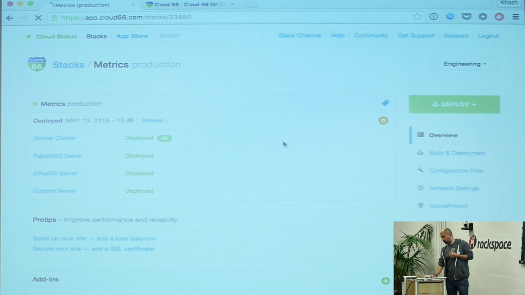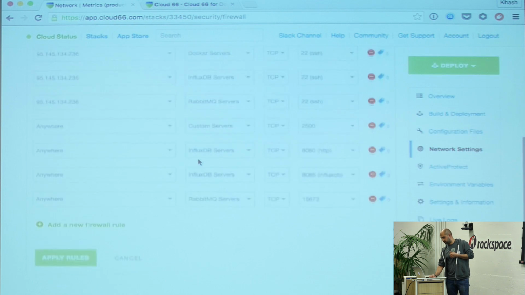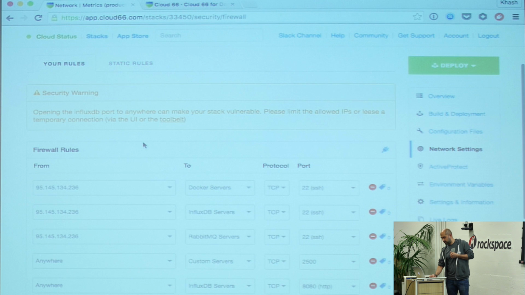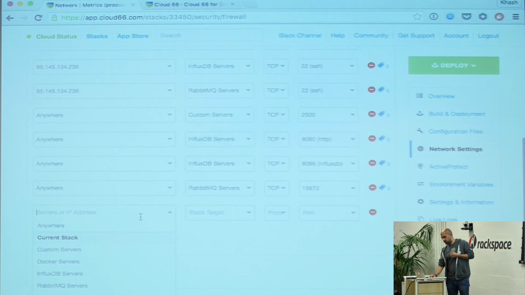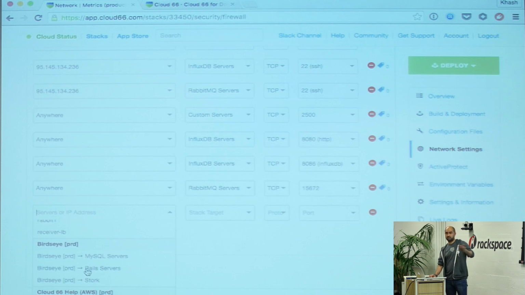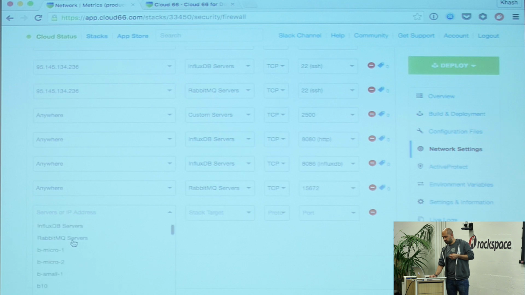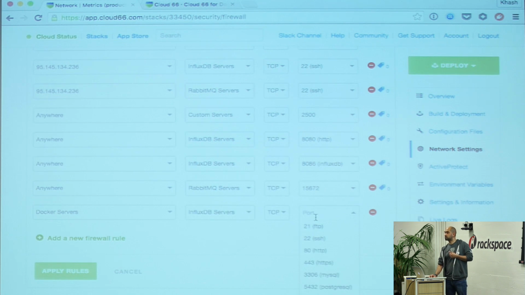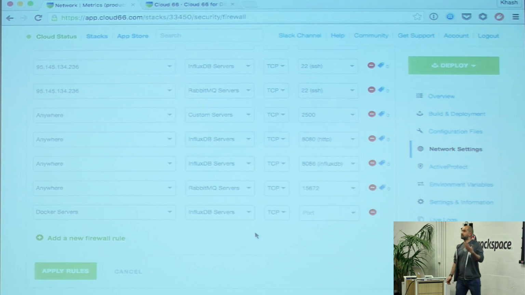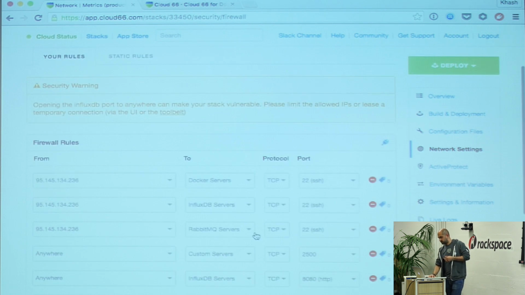As well as that, you have access to firewall control, which is much simpler than doing it manually, obviously. So I can go and say any traffic coming from any of my servers here, or any other stacks, so you can have cross-stack firewall settings, any traffic that comes from my Docker servers that goes to InfluxDB on whatever port is okay. So if I go and add another server to that cluster, my firewall automatically gets updated, and it actually works across different stacks. So there's a lot of firewall management going on, as well as what we call Active Protect,